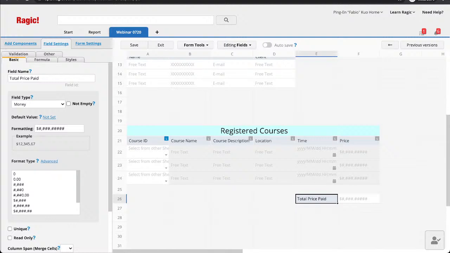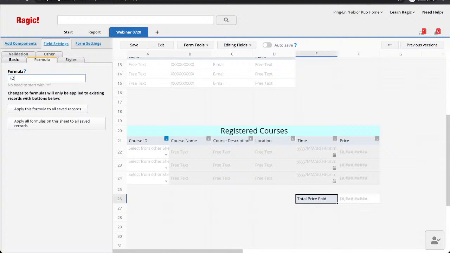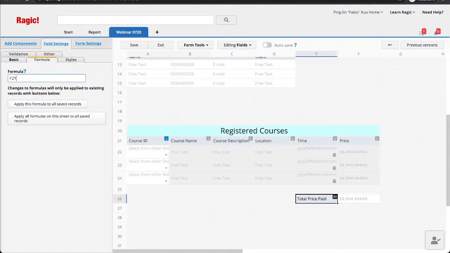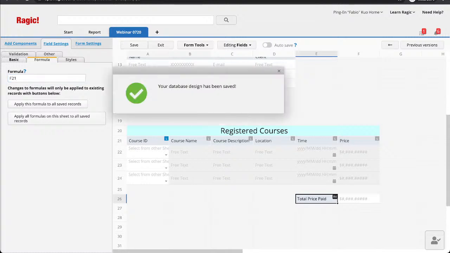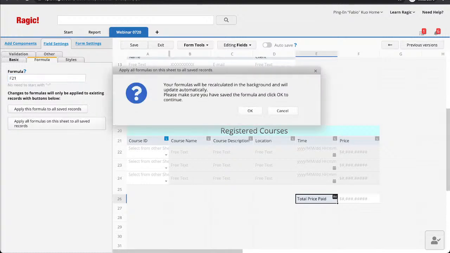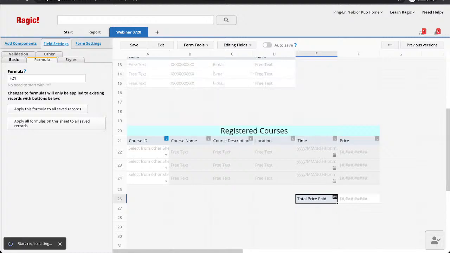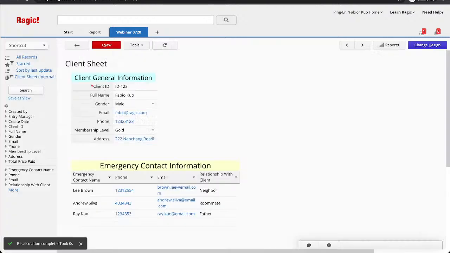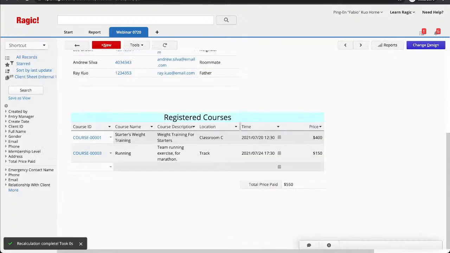And to total it up, I just need to set the formula as F21. It automatically obtains the sum of the subtable field. Save, recalculate, and OK. And it automatically makes the calculations.